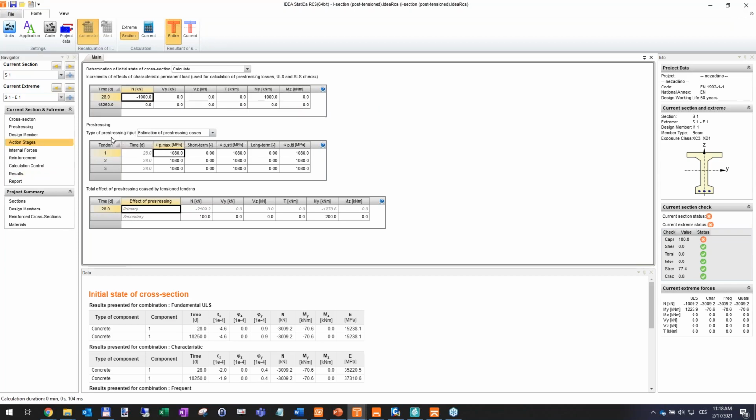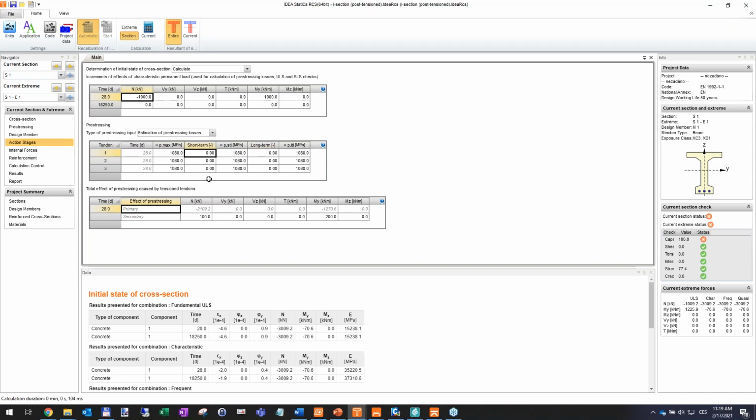Here are the prestressing stress. This example is taken as a reference example. You can also find it on our website, and due to verification or manual verification, we did not calculate the